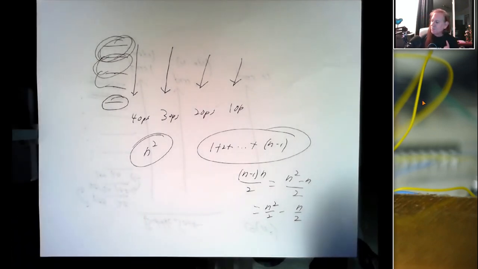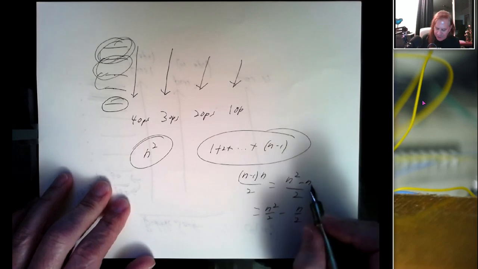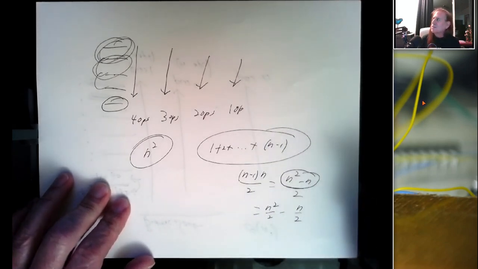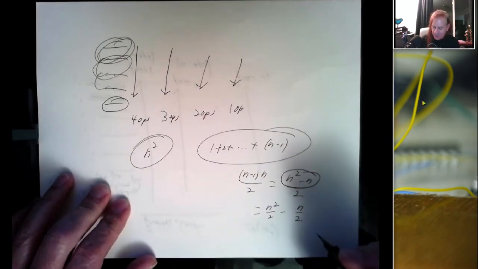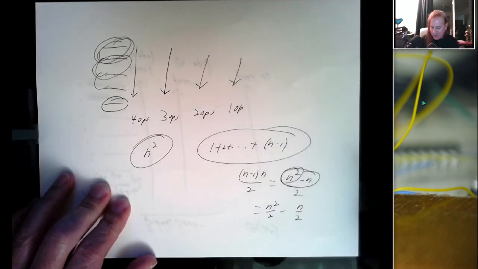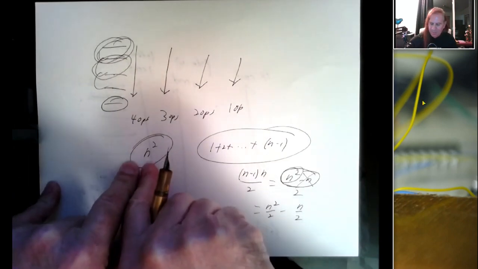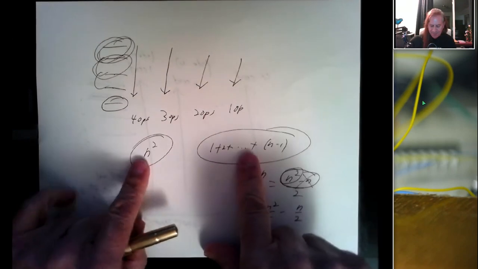But remember, order of complexity, we get to do 2 things. 1, we get to throw away constants. So order n squared minus n over 2 is basically the same as order n squared minus n. And the other thing we get to do is we get to look at the dominant term. In a polynomial, we get to look at the term with the highest exponent, n squared, and we can ignore that minus n. And so even though this will take fewer steps than that, the order of complexity, the growth rate, will tend to be the same for these 2 algorithms,